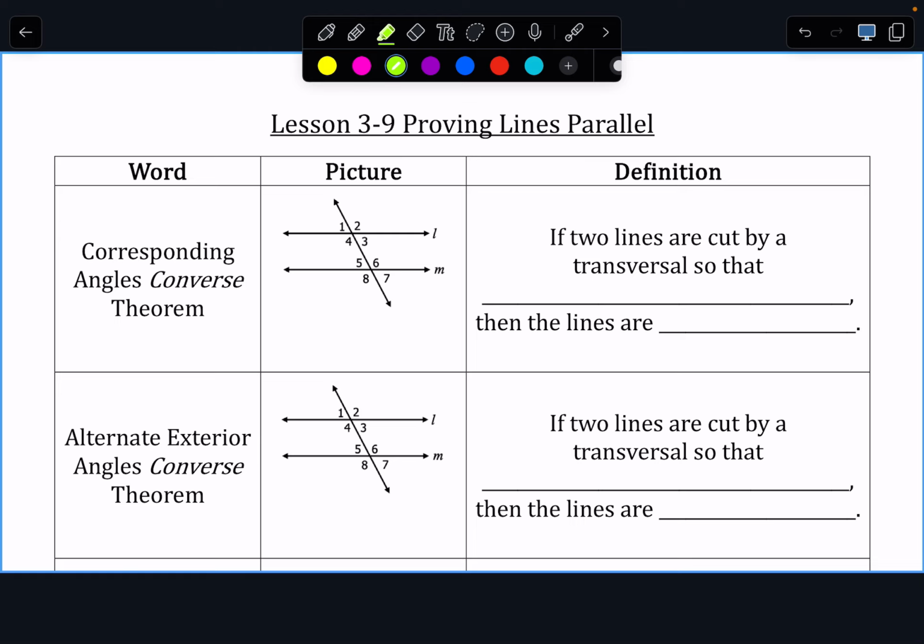If two lines are cut by a transversal so that corresponding angles are congruent, then the lines are